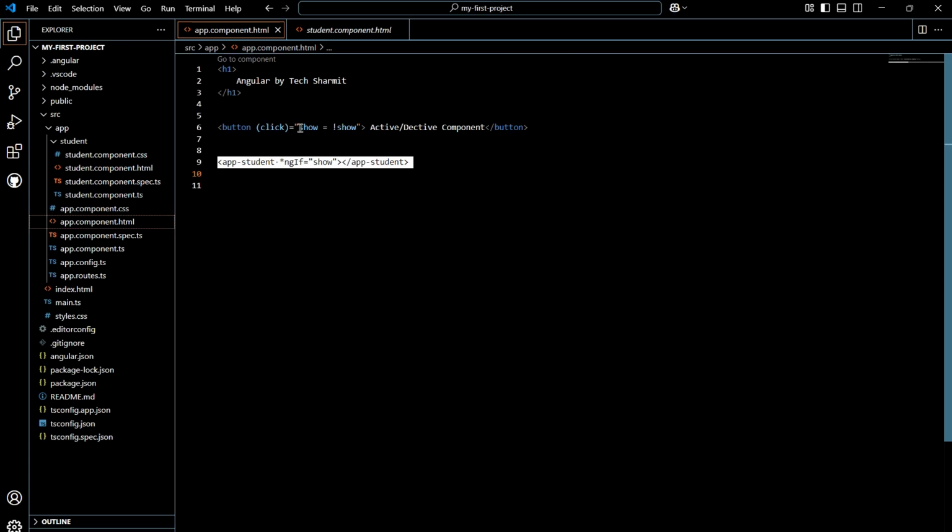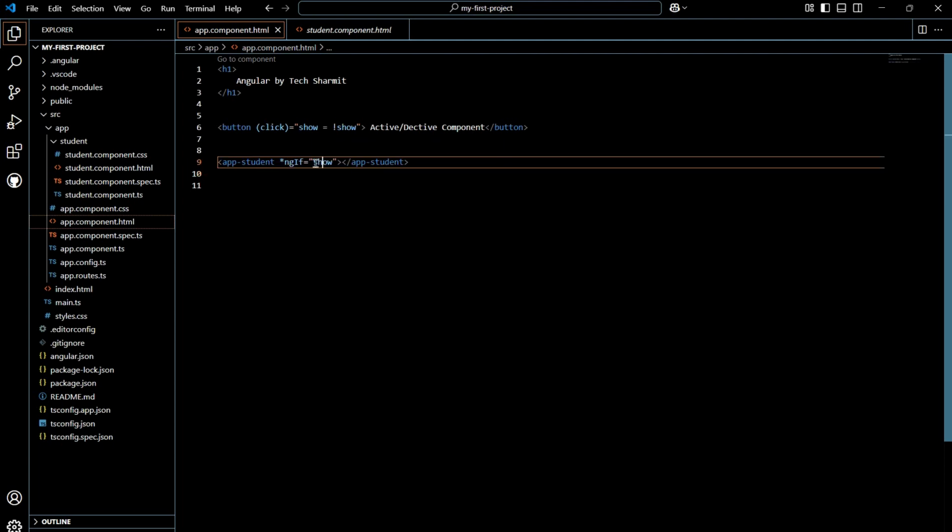But let's say if again the user clicks on this button, so the value will be changed, and in this situation it will become true, because not false equals to true. Okay, so in that situation it will run this line and you will be able to see the output. Okay, so this is the kind of toggle we have implemented for this app-student. Now simply go to this